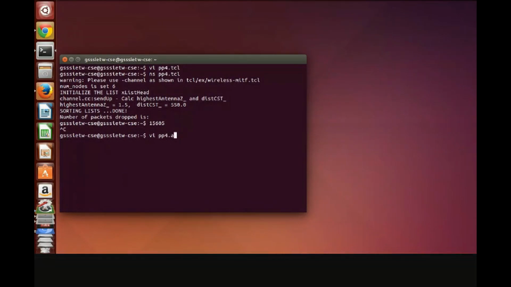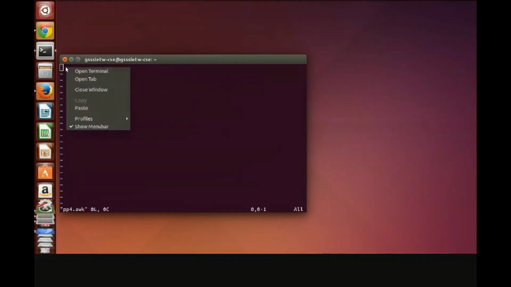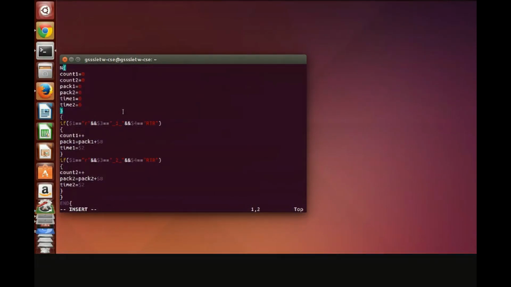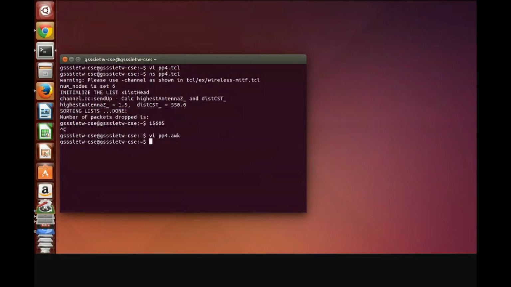Okay, so here you need to type in the awk script that I explained. Type in the code properly. I've just pasted it here. Type in the code, then again hit escape and then colon wq. Yeah, so now my awk script is also saved.